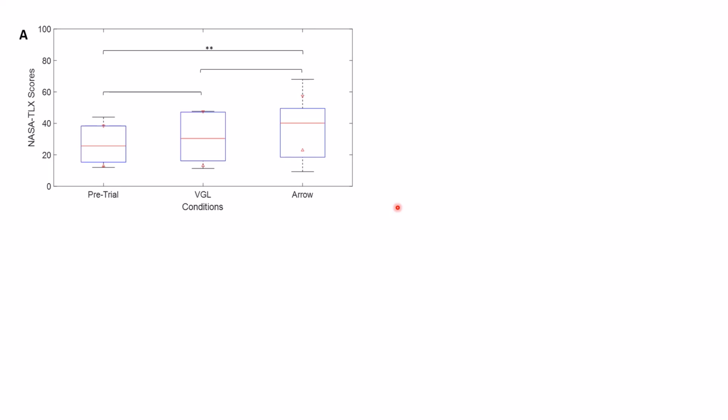We asked the participants to answer the NASA TLX questionnaire at the end of each trial. We compared VGL and directional arrow. As you can see, VGL always has less mental workload compared to the directional arrow, which is in its favor.